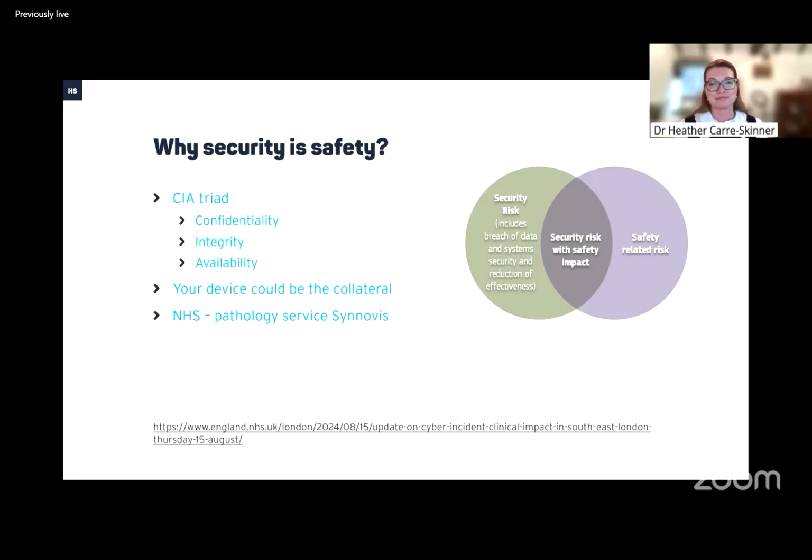So Heather's already touched on it, and security is safety. So in cybersecurity, we have the CIA triad, which stands for confidentiality, integrity, and availability. Confidentiality is often what people think of in cybersecurity: stealing people's data, stealing patient data. But you can actually directly impact the integrity of a medical device and change the results and its